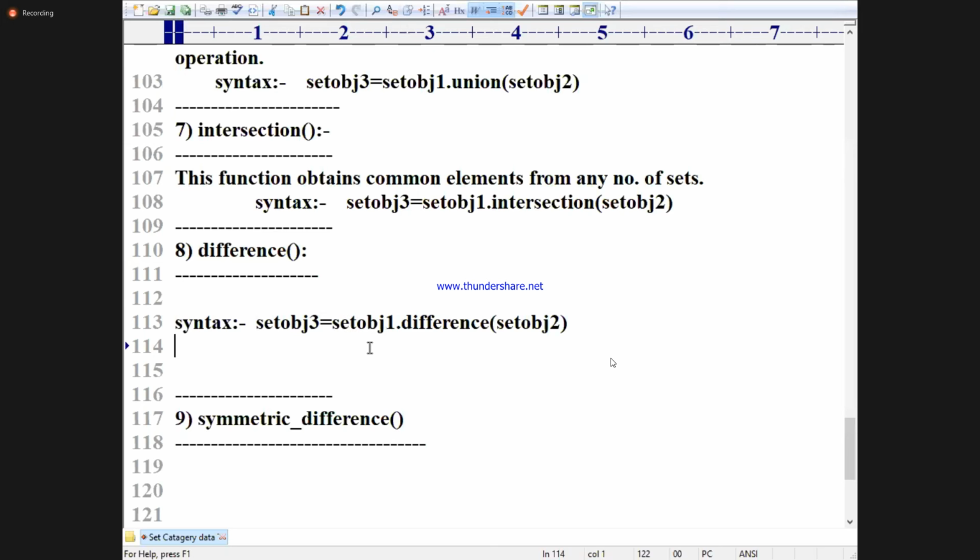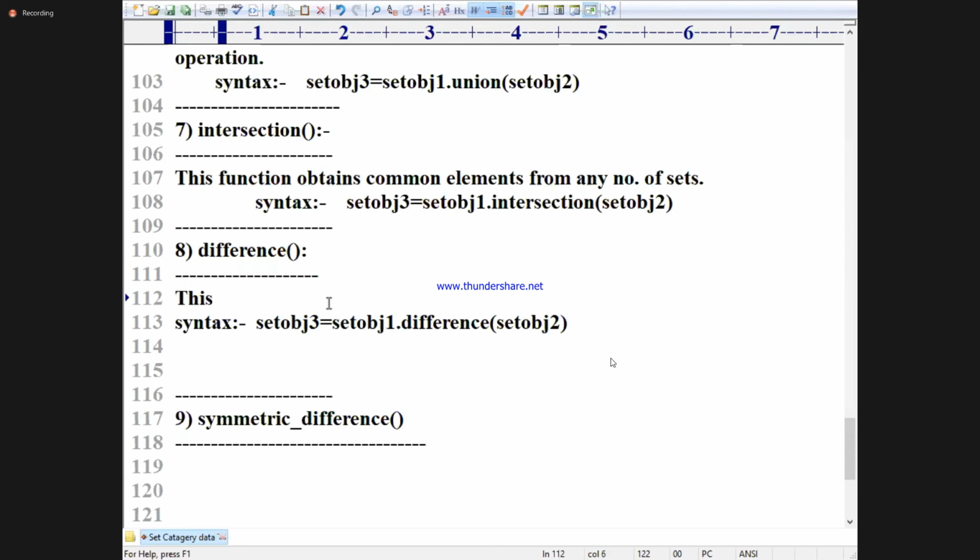Only the elements of set obj1 will come, by removing the common elements from both of them. Are you getting it? If I write set obj2 dot difference of set obj1, exclusively which elements will come? Those of set obj2. Try to remember it. I can change this also. Write down.